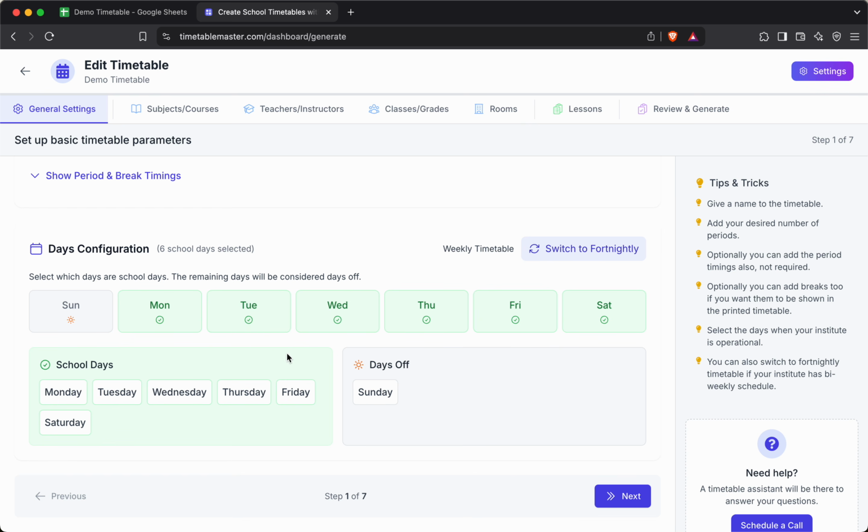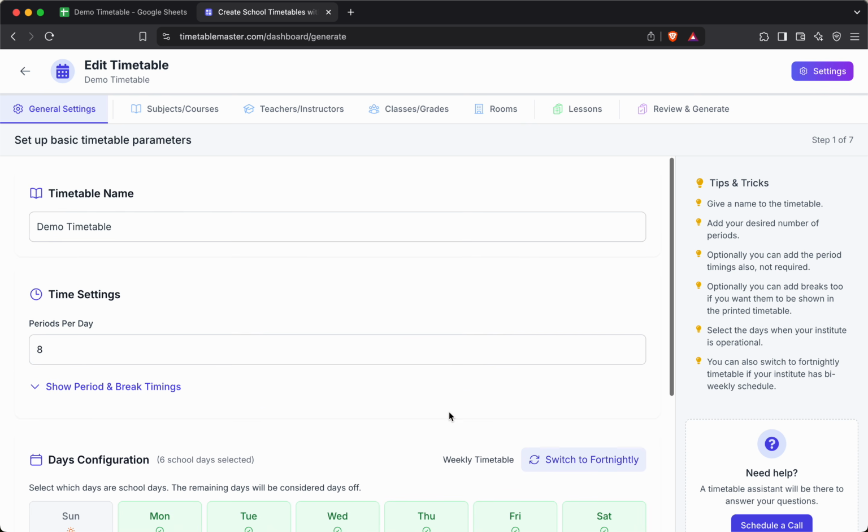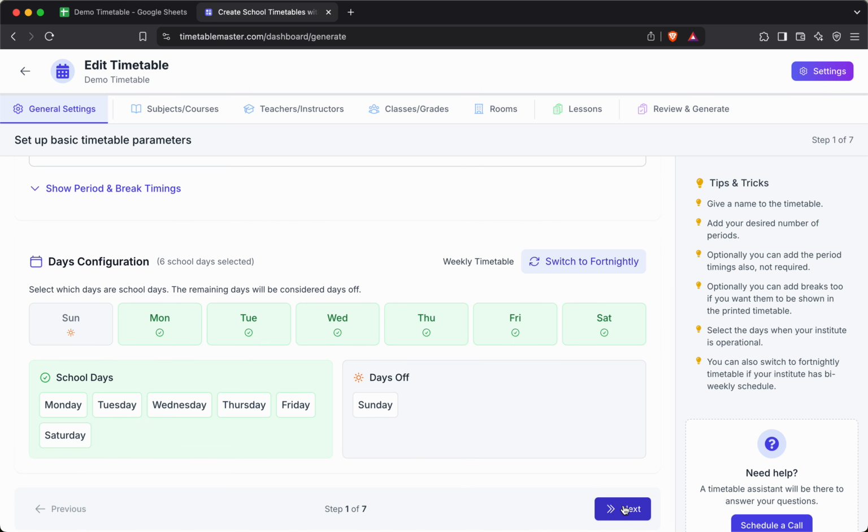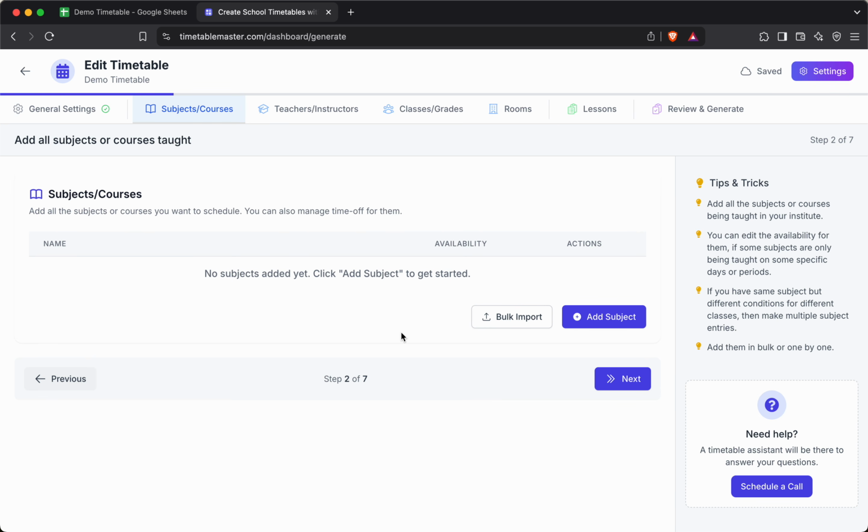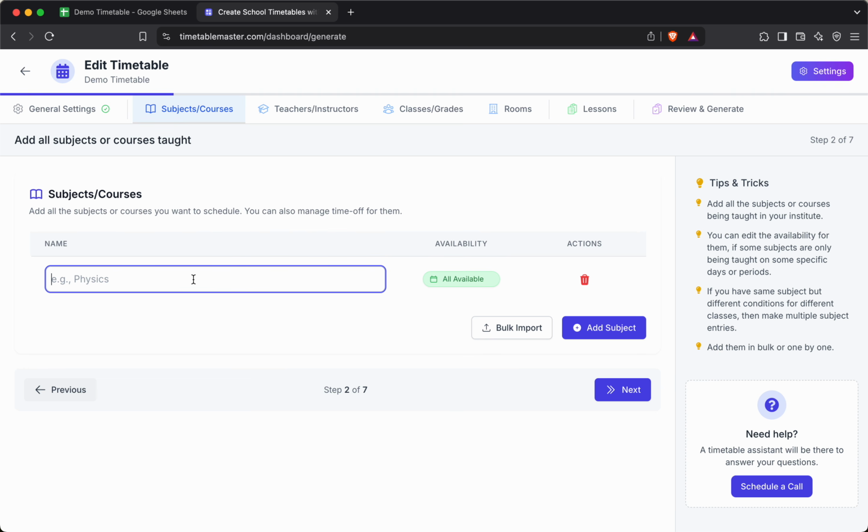Now my institute is operational from Monday to Saturday. Sunday is a day off for me, right? I entered the basic data, so let's move to the next step, right? So in the next step, we are going to add subjects or courses that are being taught in my institute, right? So I can add subjects one by one,